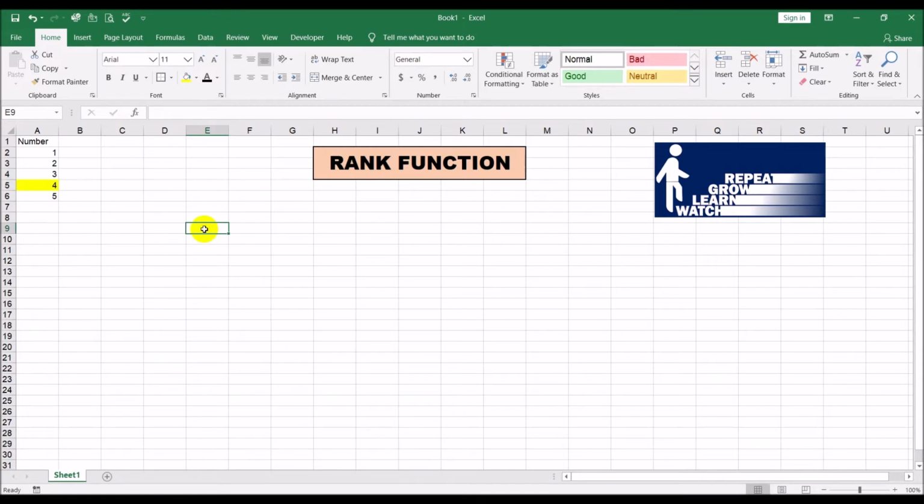Now the ranking, like I said, can be done either in ascending or in descending order, assuming the list is sorted. The default is that it would be sorted in descending order, meaning the highest number at the top and the smallest number at the bottom. So if you have this list, and you're doing it by descending order,